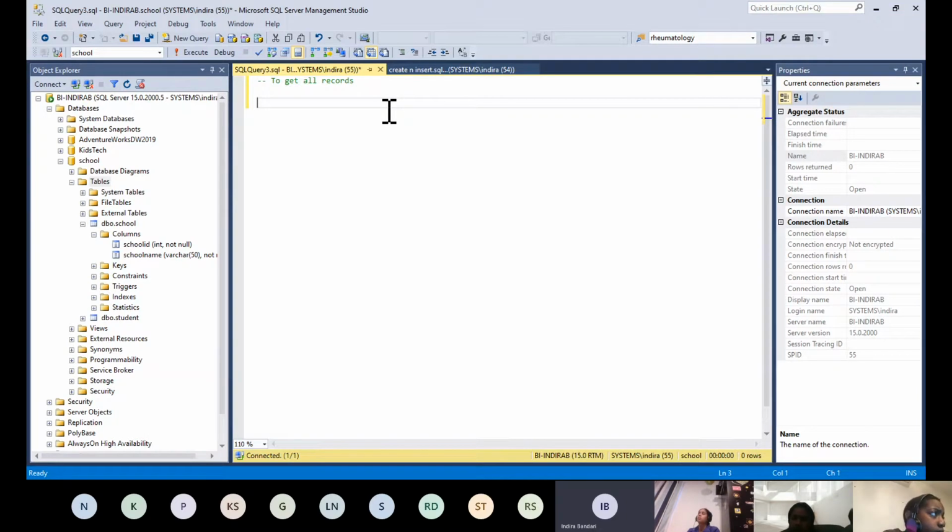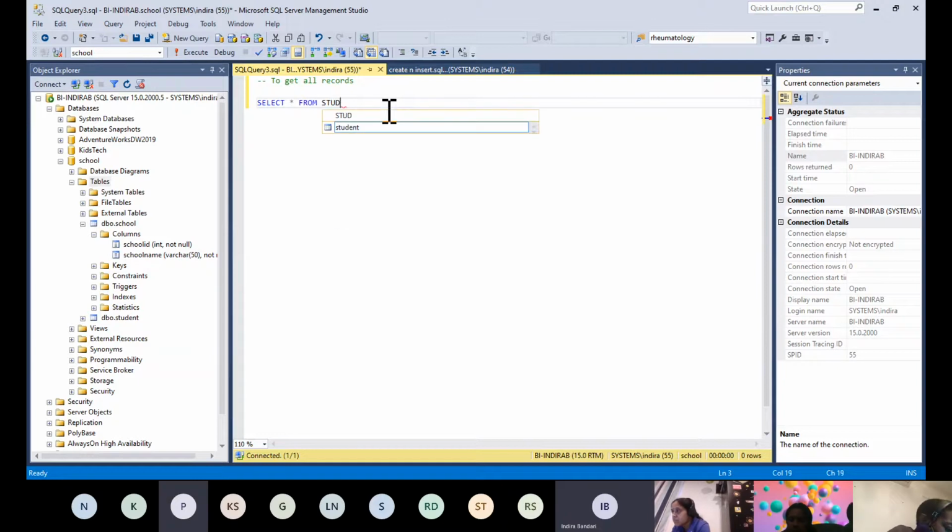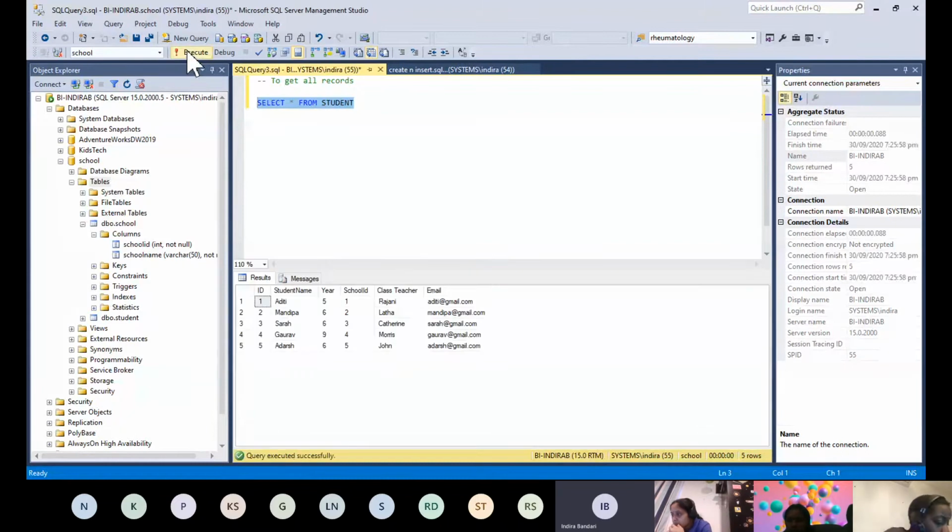So now to get all records, what is the command? Select star from student. When I run this one, we get all the records. Now in the year column there are some duplicates, right?